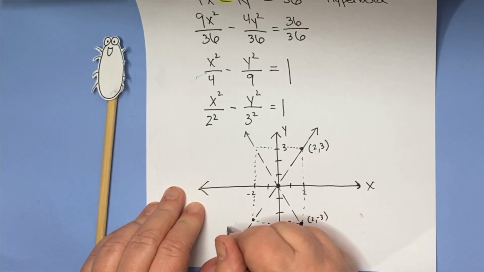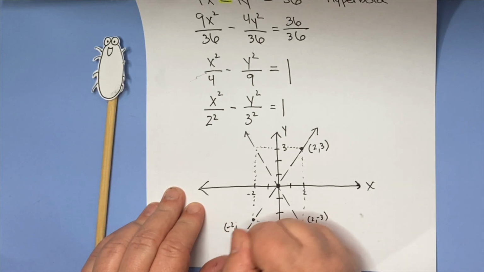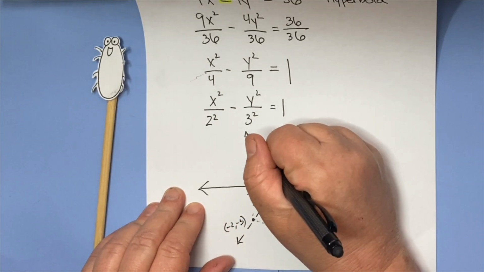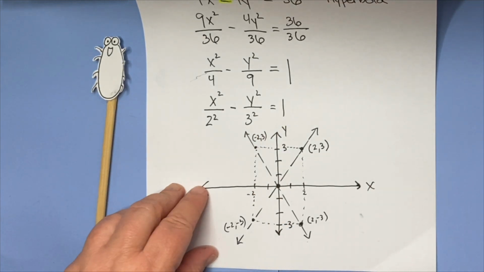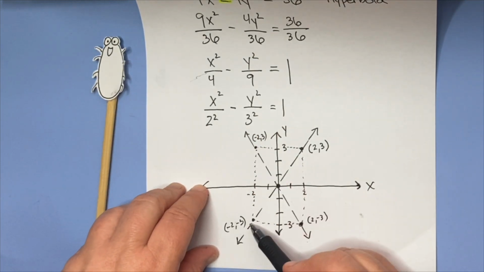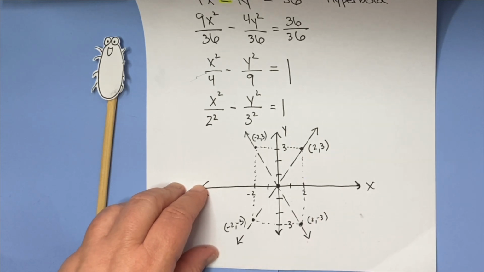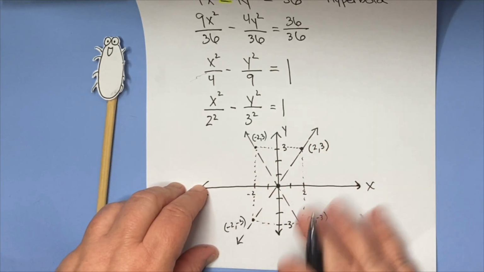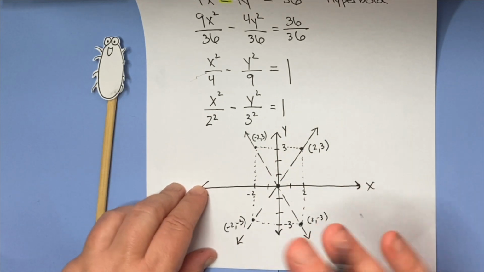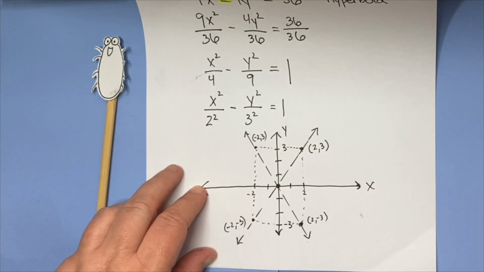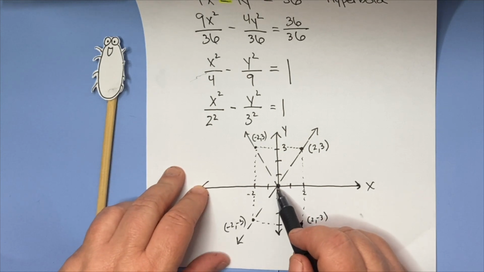This point right there is -2, -3. And this point up here is -2, +3. Okay, those are the 4 points at the corners of my rectangle, this box that I draw. These asymptotes, as long as this is centered around the origin, as long as it's 0, 0, they have a